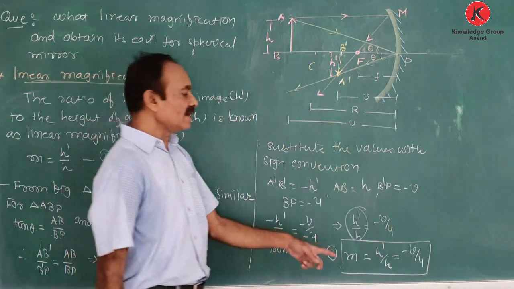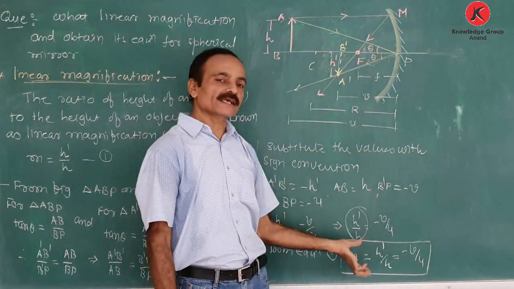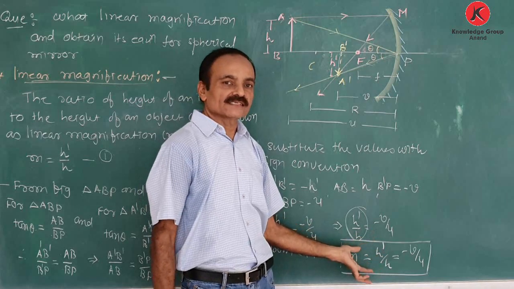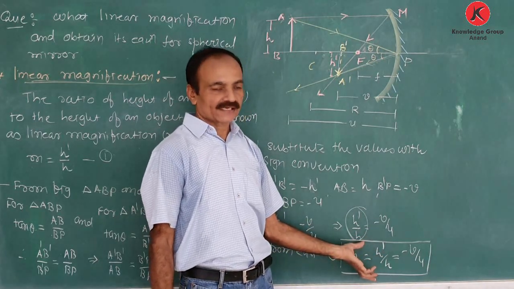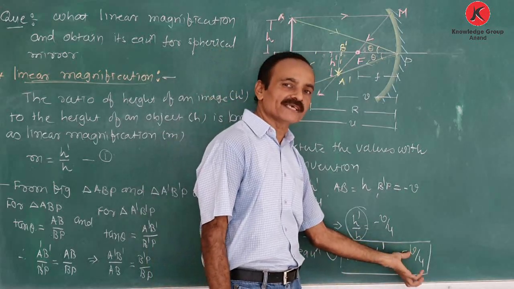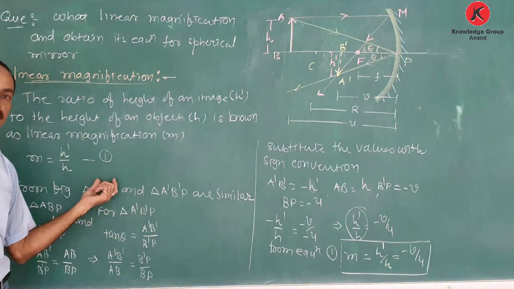So, by knowing the height of an image and the height of an object, we can calculate how much the image of a given object is enlarged or contracted. And also, by knowing the values of object distance and image distance, we can judge the magnification of this type of the